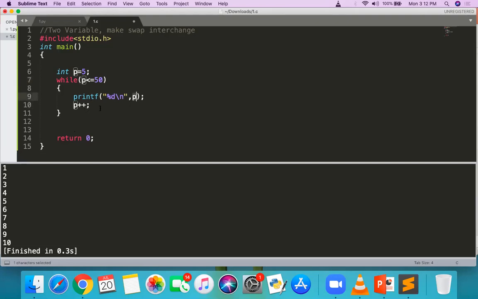Now what is the next value to be printed? 10. So how to get the next value? P is equal to P plus 5, not P plus 1. So we are getting that table of 5. Getting? Yes, sir.